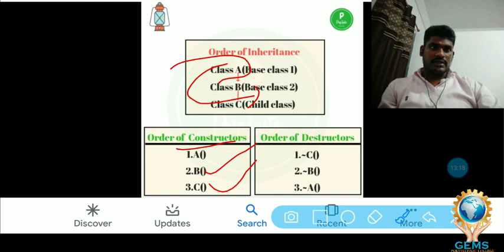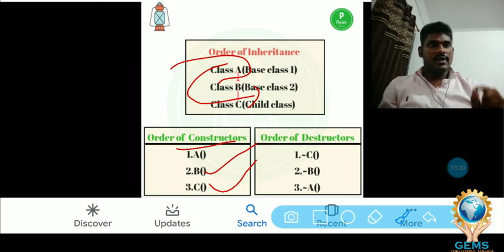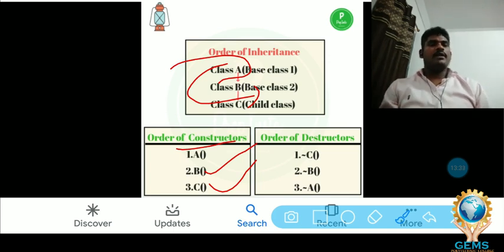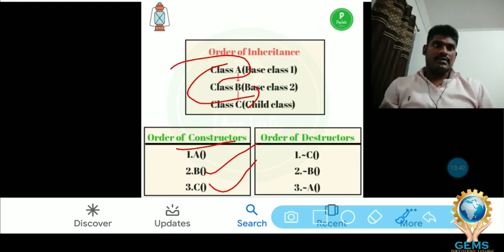In this lesson, we have seen what a constructor is. A constructor is nothing but a special member function. The rules for creating a constructor: the class name and constructor name should be the same, and the constructor should always be in public mode. And second, in the inheritance concept, we have seen the order of constructors. Each class has its own constructor: parent class, child class 1 and child class 2.